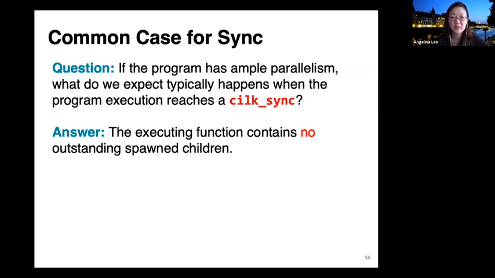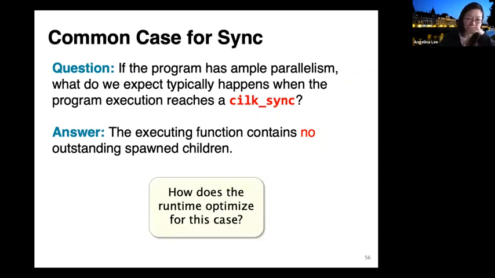And so for the most part, it's actually going to succeed. For most functions that you spawn, you end up having no outstanding spawned children executing on other workers, okay?